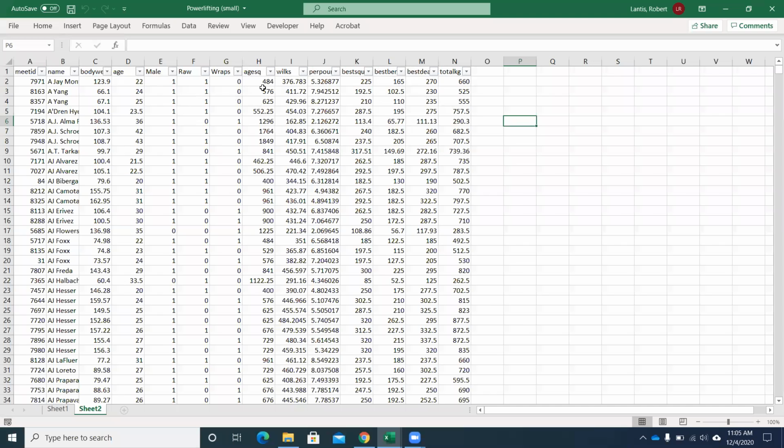So what we could do is start to look at trying to predict this total weight lifted, in kilograms, based off of someone's age and these other different X variables. Just as a reminder, once again, if we go to File, Options, Add-ins, hit Go on the Manage Add-ins, make sure that Analysis ToolPak has a check mark next to it. Then when we go to the Data tab,